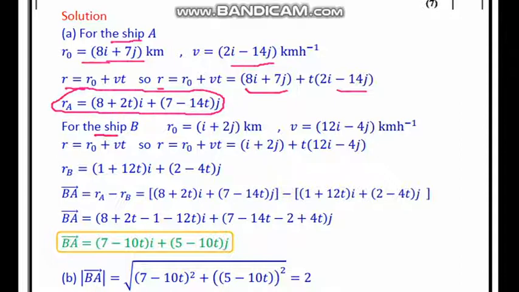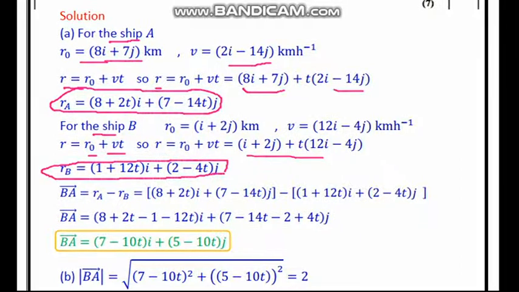For ship B, the same thing. We have r equals r naught plus vt, so equals i plus 2j plus t multiplied by (12i minus 4j). Combine like terms to get the position vector of B. Then BA, as you know, equals RA minus RB. Then combine like terms to get